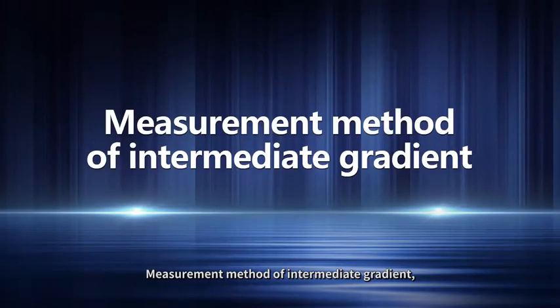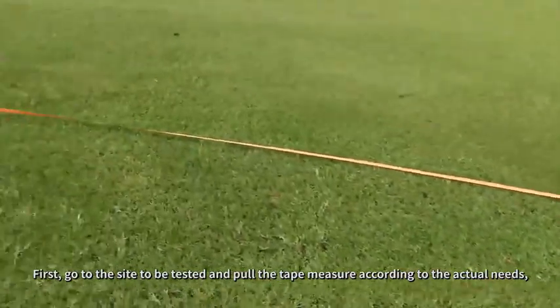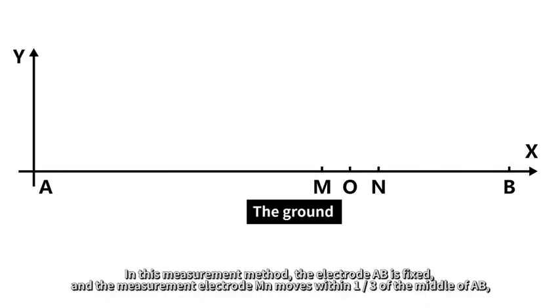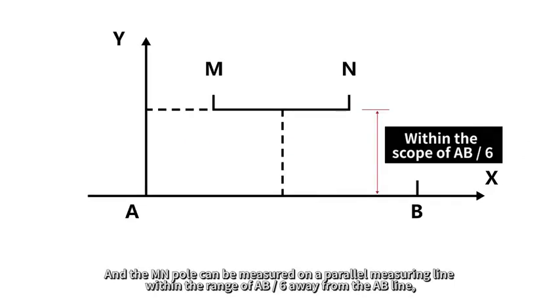Measurement method of intermediate gradient. First, go to the site to be tested and pull the tape measure according to the actual needs. In this measurement method, the electrode AB is fixed, and the measurement electrode MN moves within the middle 1/3 of AB. And the MN pole can be measured on a parallel measuring line within the range of AB/6 away from the